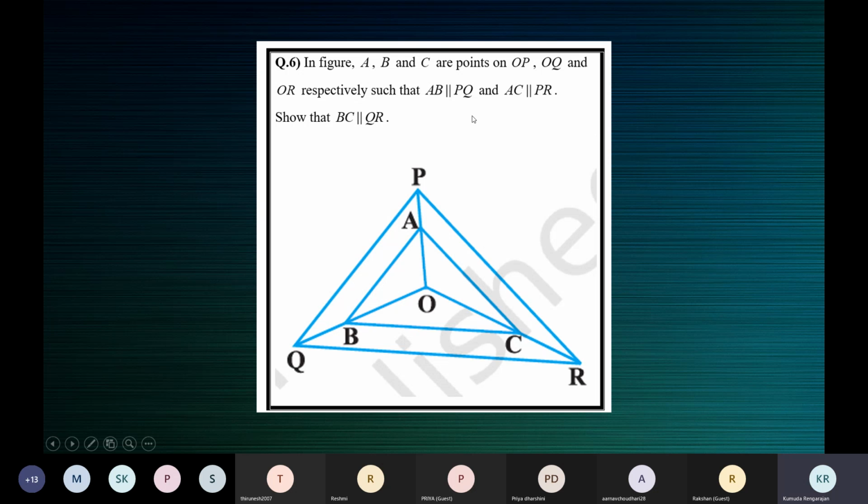See, children, use this information in a triangle, give the proportion. Compare the two proportions to get a new proportion. Use converse of BPT and show that these two lines are parallel. Yes, I'll wait for some time. Please work and read from your book.